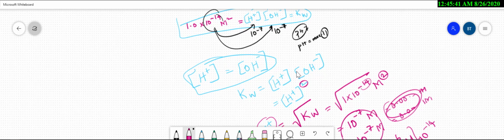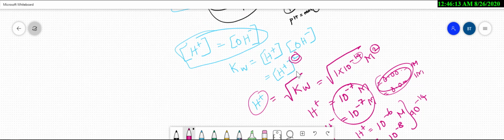the ion product of water is nothing but the product of the concentration of H plus ions and OH minus ions. Now what did I tell you? OH minus ions is equivalent to H plus ions in pure water. Therefore we can substitute H plus ions in place of OH minus ions, since both are equal. Then what does it become? It becomes the concentration of H plus ions, proton ions, squared. So H plus square.